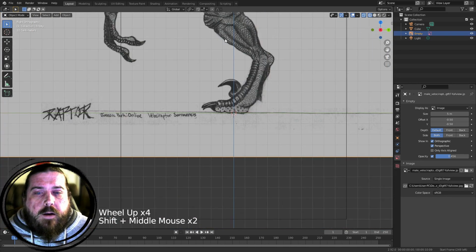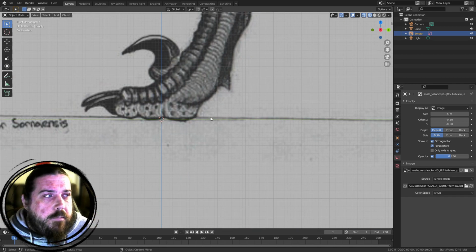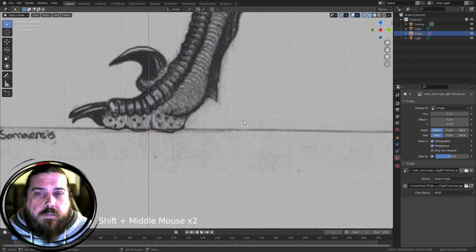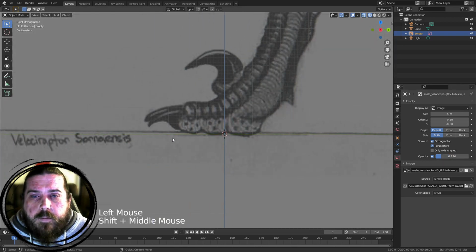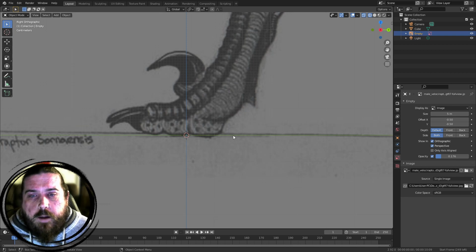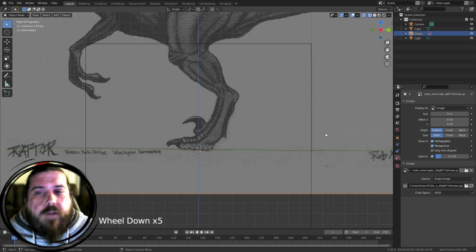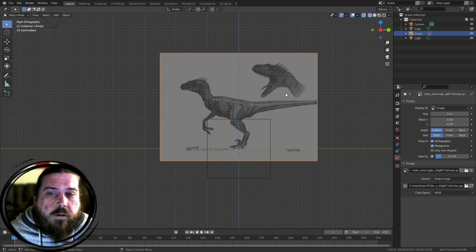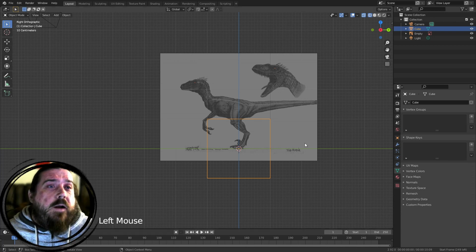So now we can zoom in. We can see this green line that's going across the screen. Might not be super visible on the video, but there is a green line here that's representing the world. If I bring down this transparency a bit, hopefully you can see that a bit better. You can see that this foot is pretty much sitting right on that. It doesn't have to be a perfect alignment, but try and get it fairly close, so then you can have the zero of the world being the ground plane, which makes other parts of the process much easier to work with. So we can now select the cube,